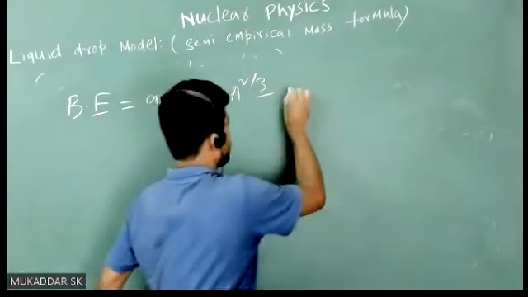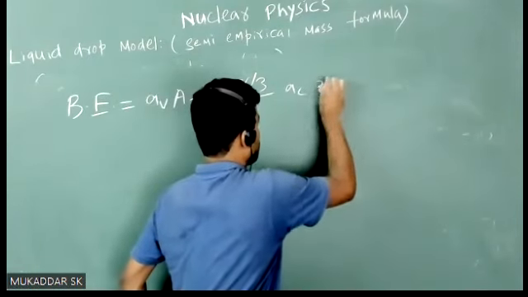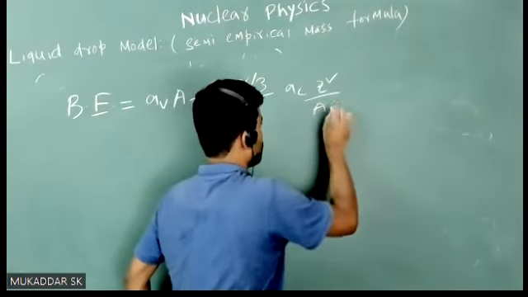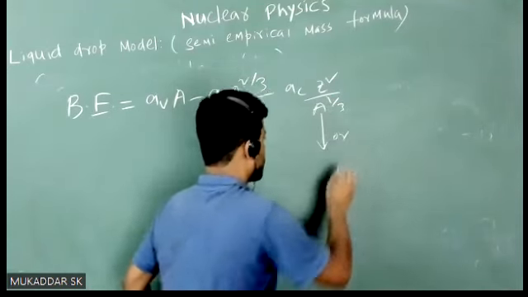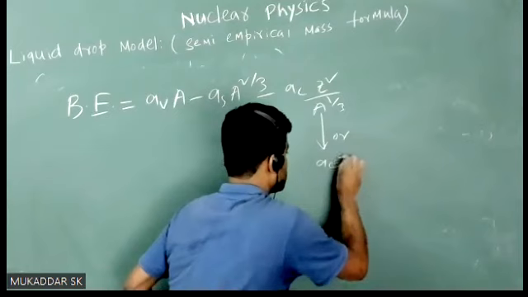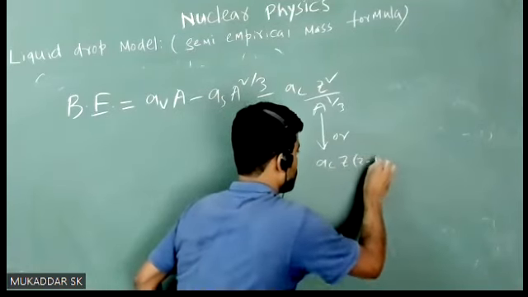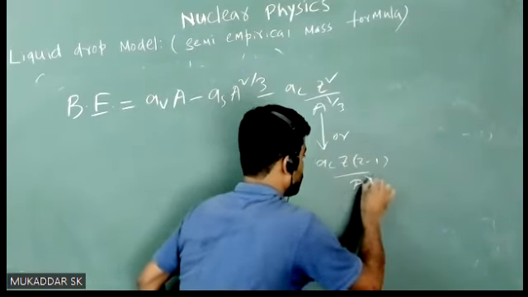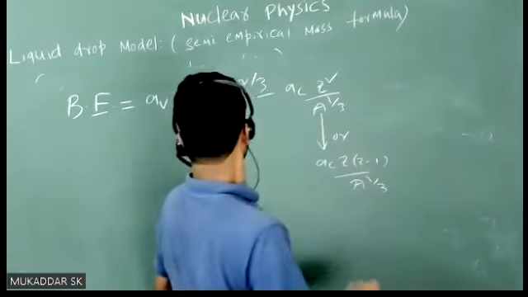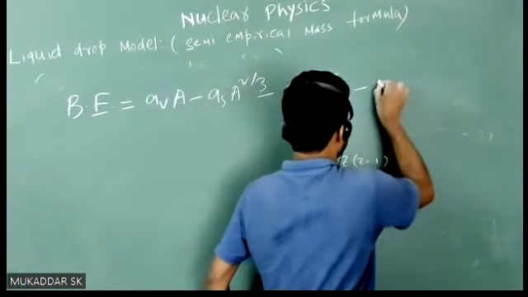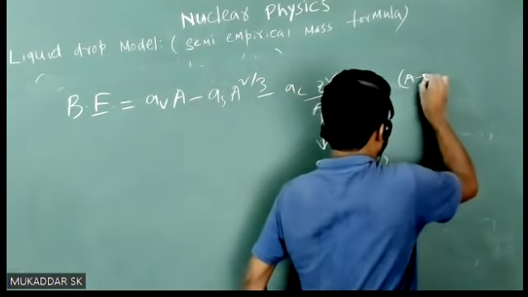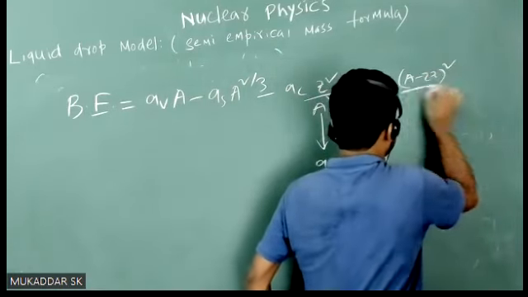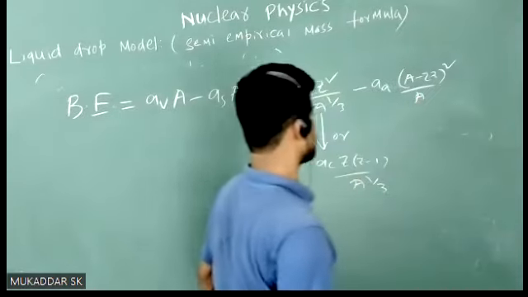Then you will have the fourth term, the asymmetry term, that is (A-2Z)^2 divided by A. And the last term is delta,